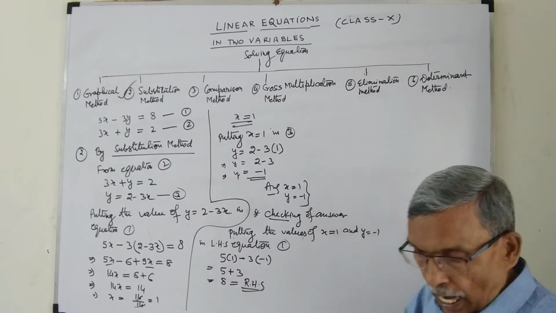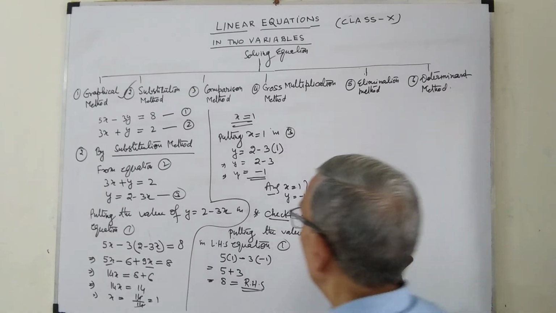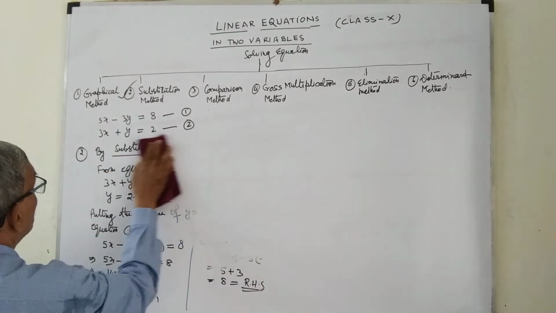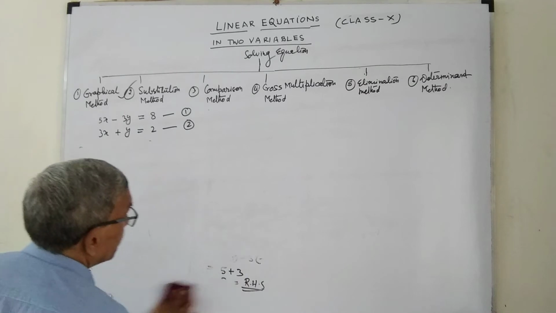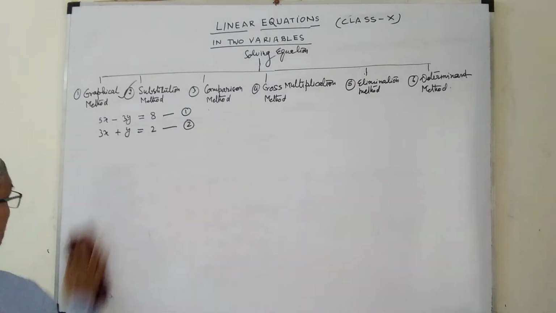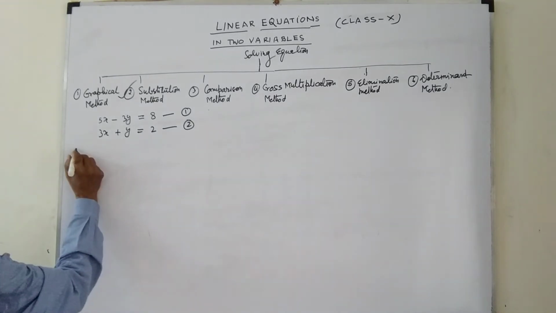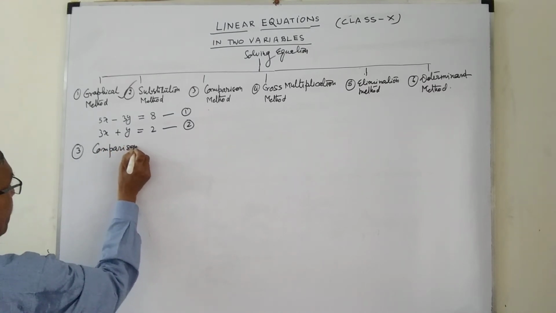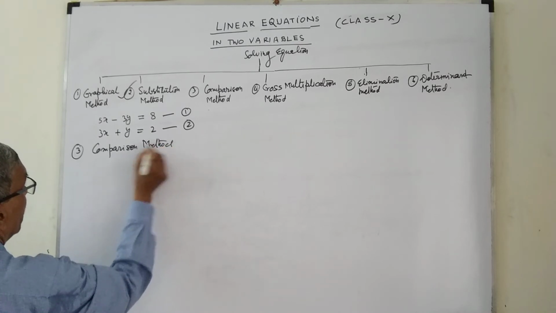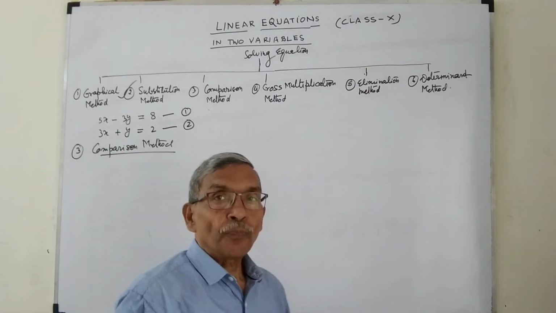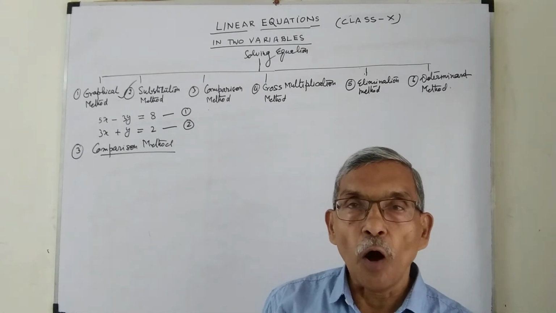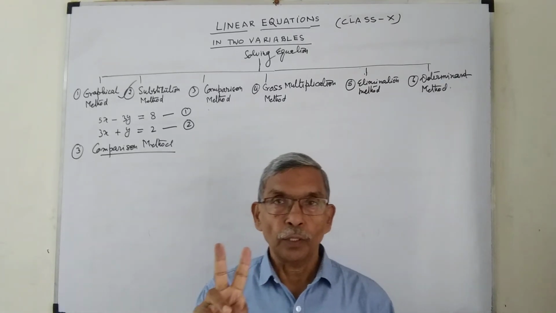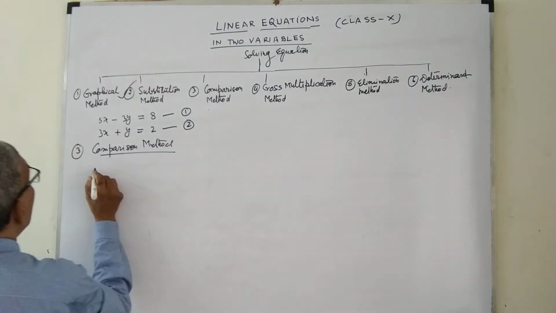Here in the comparison method, we find the value of x in terms of y or y in terms of x from both the equations. So let us do it. From equation 1,